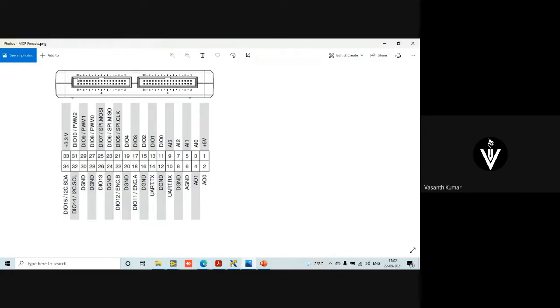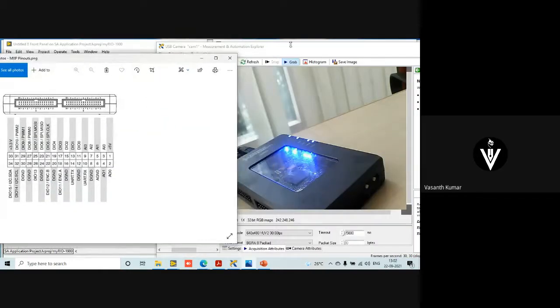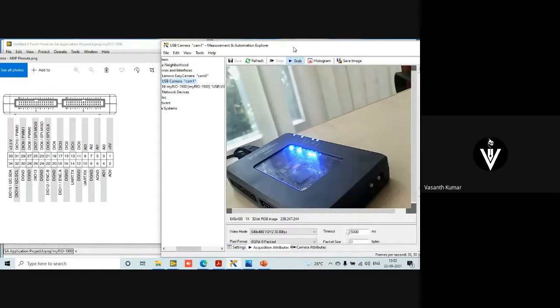The very first pin, the 33rd pin: this is 1, 2, 3, it goes, and this is 33, this is 34, and this is 2, so up and down it is basically that way. At the end, it's going to be 33 and 34. Pin 1 is 5 volt, and this sensor is 3.3 supply powered. So I'll keep this aside for my reference, and based on that, I'm going to do the connection.